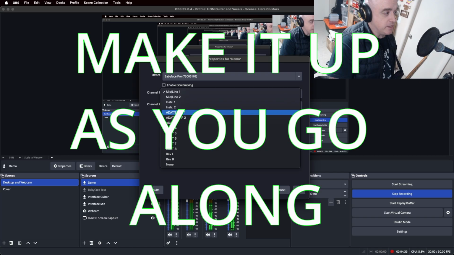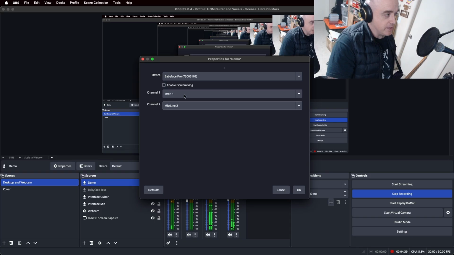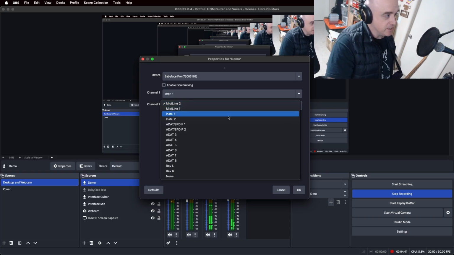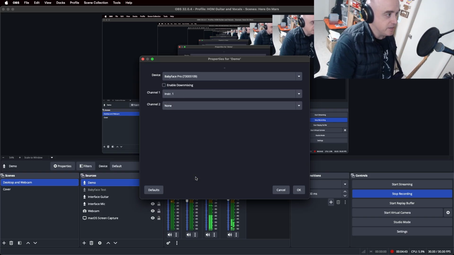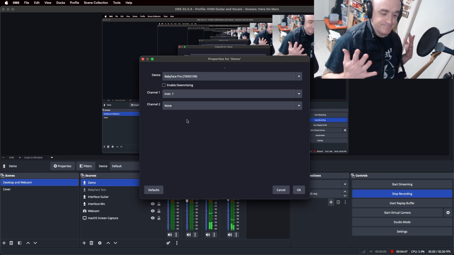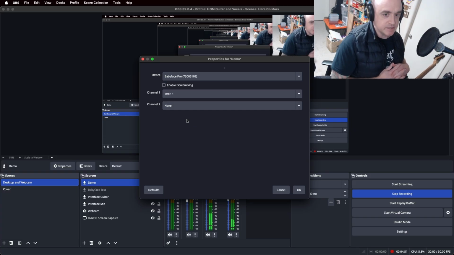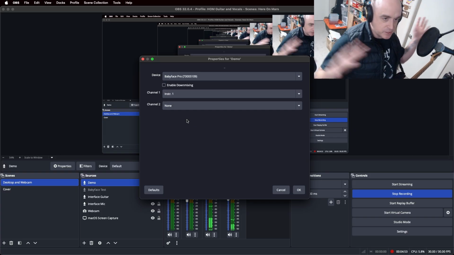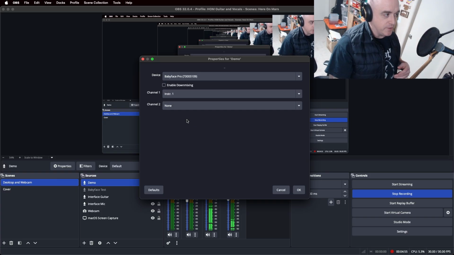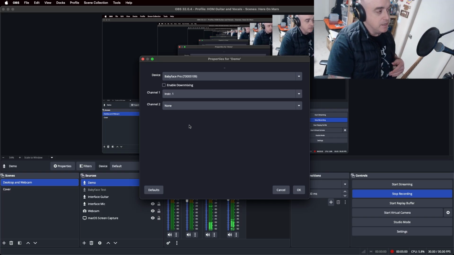selecting whatever input I have here and whatever I want. So like for my mic, I just select this here, and then on channel 2, I just said none. Now, if you were using a stereo source, like stereo mics, or maybe you have a synthesizer with a stereo output and cool effects, you could do that, and select the 2 inputs that you're using on your interface. But that's all I did, and from here,